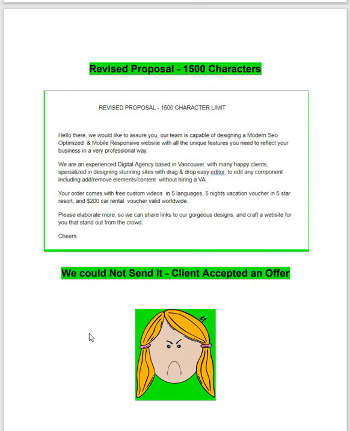We are an experienced digital agency based in Vancouver with many happy clients, specialized in designing stunning sites with a drag and drop easy editor to edit any component, including add, remove elements, content without hiring a VA, meaning virtual assistant. Your order comes with a free custom video in 5 languages, 5 nights vacation voucher in a 5-star resort, and a $200 car rental voucher worldwide. Please elaborate more.